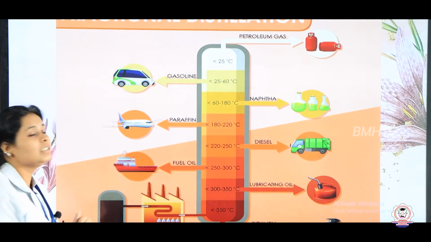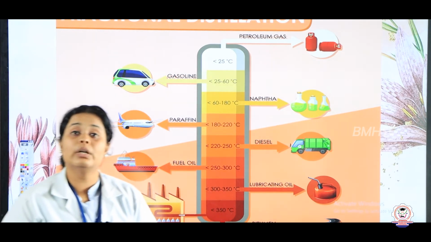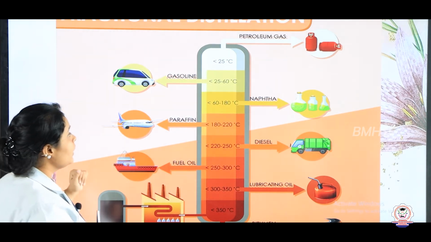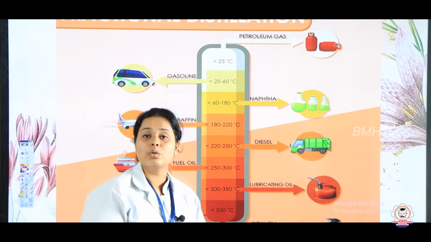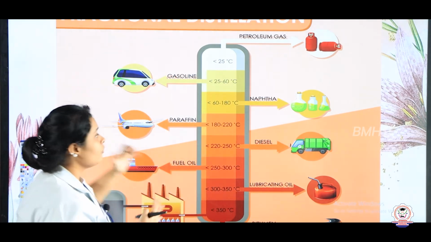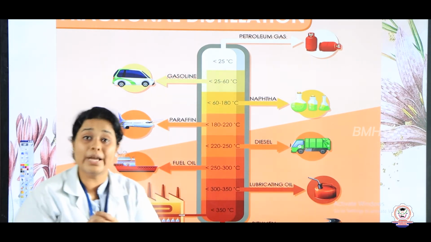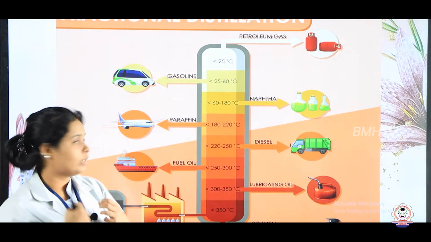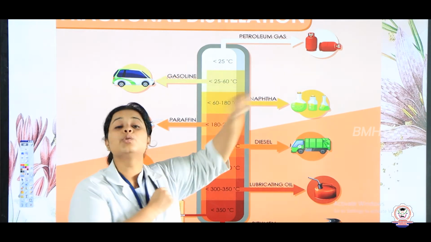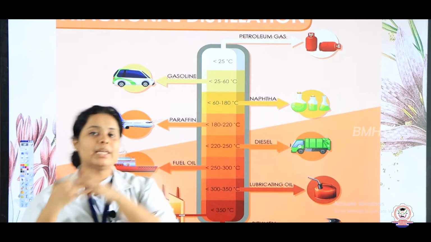And now let's see, there is one more example of fractional distillation. See children, fractional distillation is also used in a blast furnace. So here you can see bitumen, which is a chemical used to make roads. Now let's see, if you are taking the substance, or you can call it crude oil, which you are getting from the ocean, you are placing it here, you will see that at more than 25 degrees Celsius the petroleum gas will evaporate, and it will be captured.